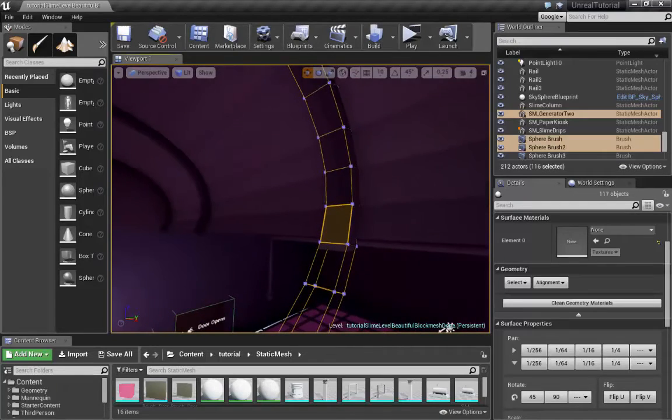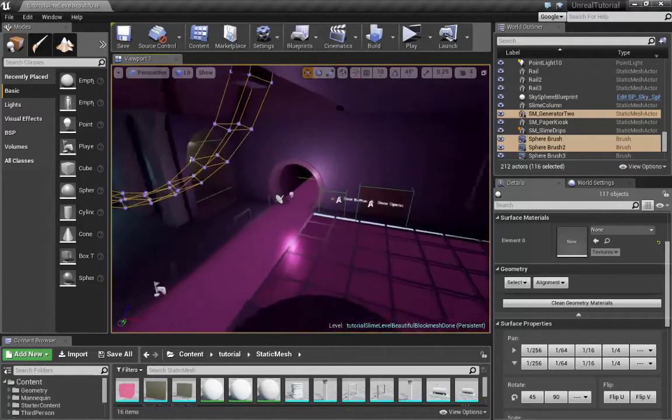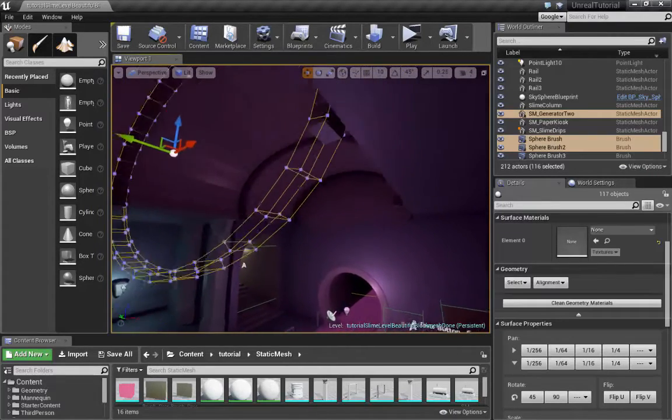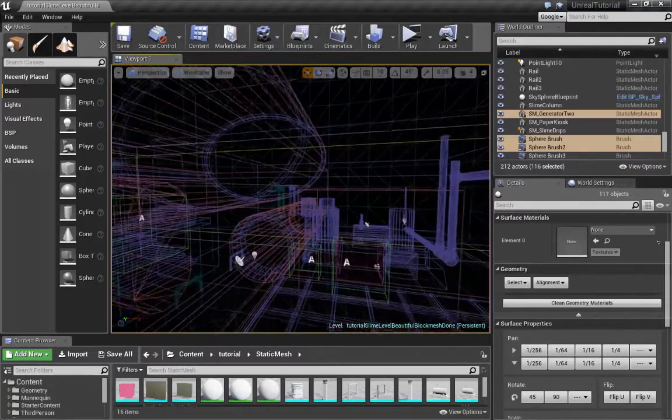So this is the simplest way to fix this. I don't want to keep this a brush anyway, so I'm going to turn it into a static mesh and just replace the material there, and it'll be done. So that's our quick fix. So I grab this object, go to wireframe, I'm going to grab the